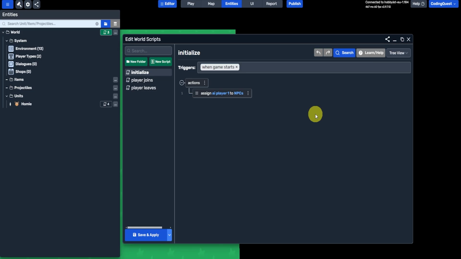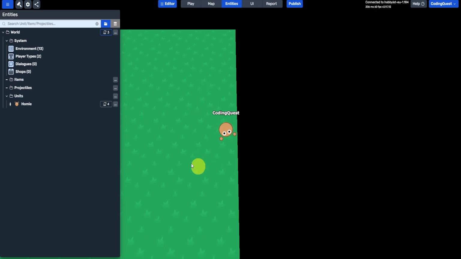All right, once we're in our game, we can see that we have 3 initial scripts and we even have a homie script. We can close this and we can see our initial game here is our top-down player. Now, the first thing we might notice is that the edges here are a little jagged,